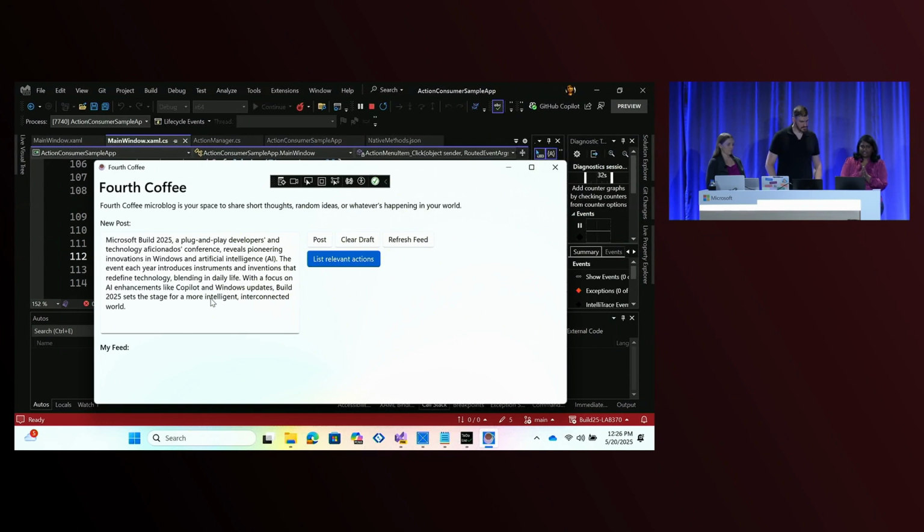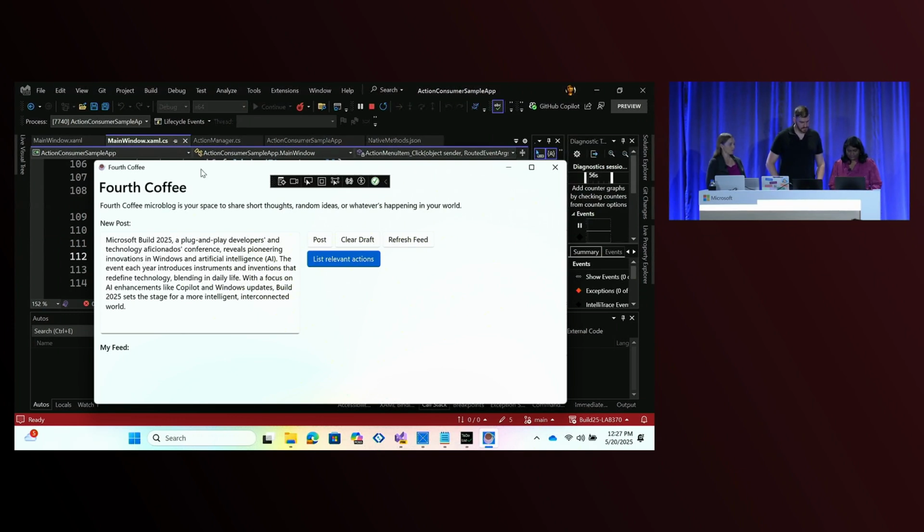This summarize text is coming from an app that has authored the summarize action. It is using a local Phi Silica model, which runs on my device. And shortly here, it should show a summary of the text that I have in here. So this is running on the local NPU. Nothing is going to the cloud. Correct. It is all local. The model is local. Everything, yes, all of this is happening locally.